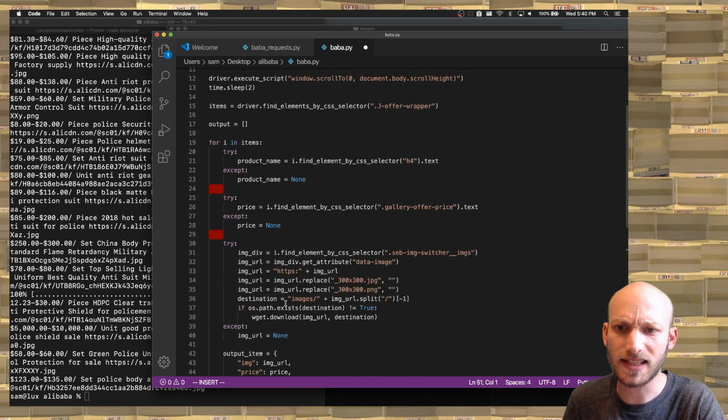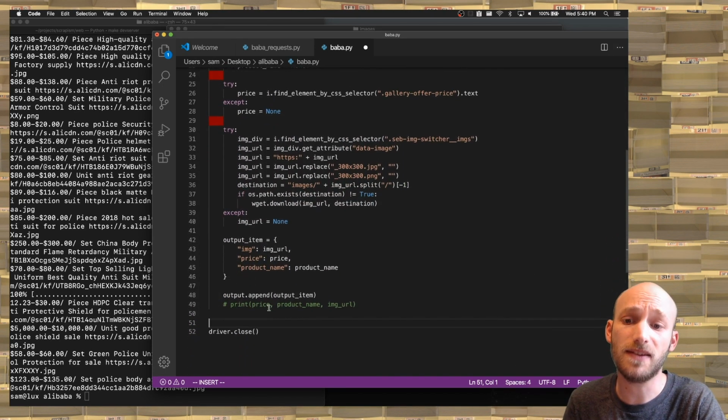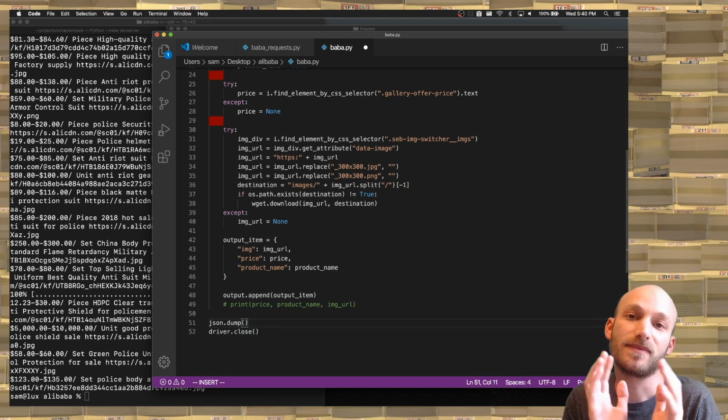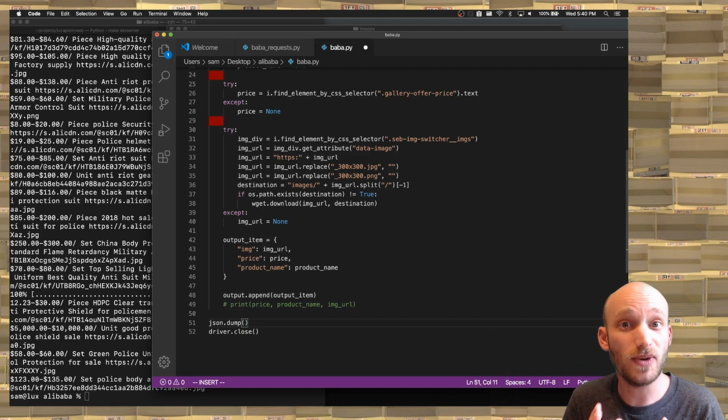And finally, at the very bottom, when we're outside of our loop, I'm going to go ahead and save this to a file. And there is a one-liner you can do in Python to take some Python objects and serialize them as JSON. So I can say json.dump, and json.dump takes an array or an object that you want to save. Output is ours,